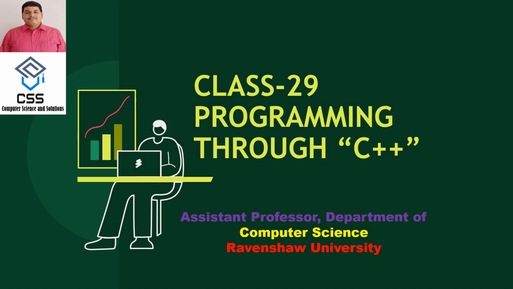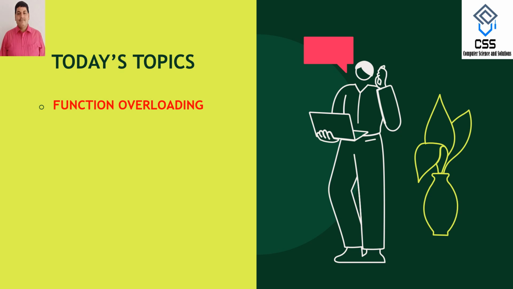Friends, in today's class we are going to discuss static polymorphism, which includes function overloading and operator overloading. Till last class we have discussed the benefit of polymorphism, and polymorphism is one of the important pillars of object oriented programming, out of other pillars which include inheritance, data encapsulation and data abstraction. In today's class we are going to discuss various examples, with running programs, of function overloading, which is